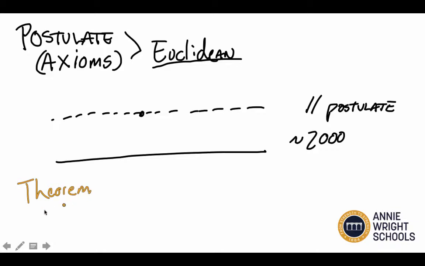A theorem is a statement that can be proven to be true using postulates and other theorems. You've heard the phrase Pythagorean theorem. That's because this is a statement that we can prove to be true for all right triangles in Euclidean geometry. So it is not just accepted as true, we can prove it to be true. Geometry is all about proof. Geometry is all about a logical system. Postulates and theorems are vocab words that you want to add to your math vocabulary dictionary.